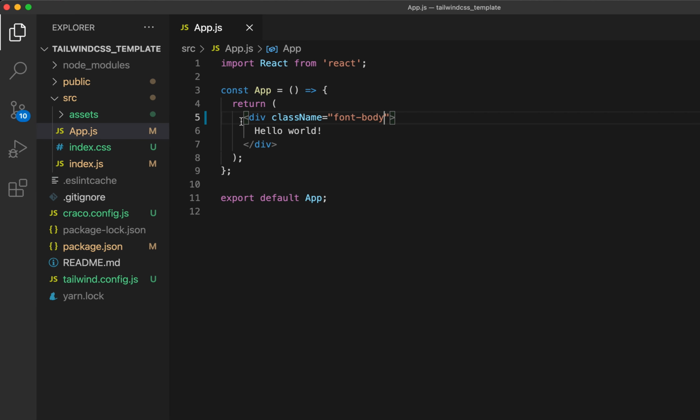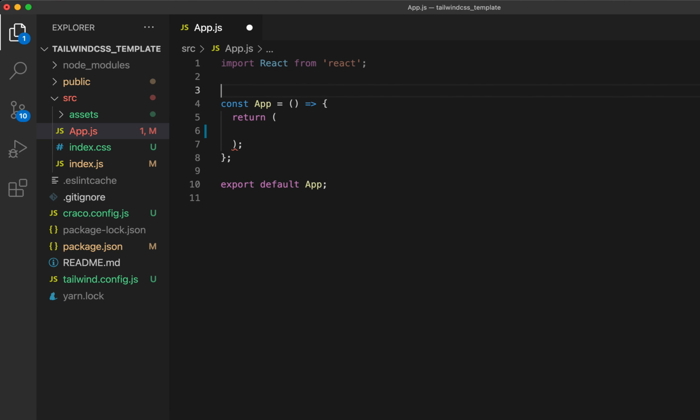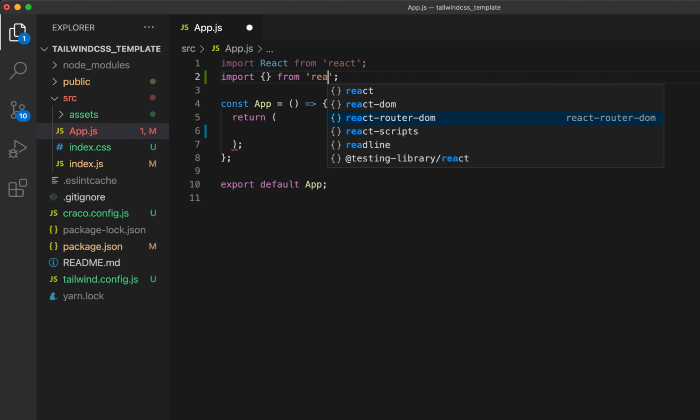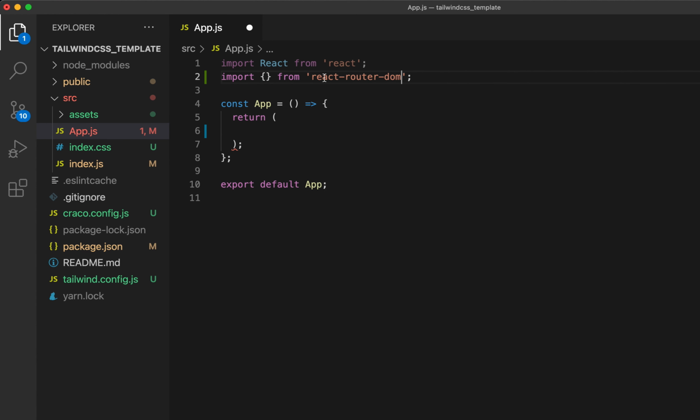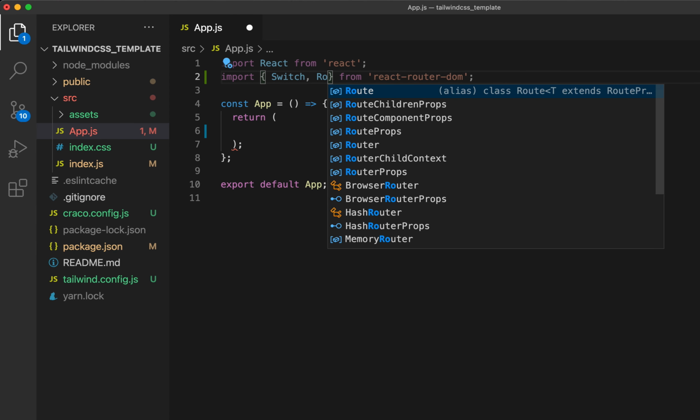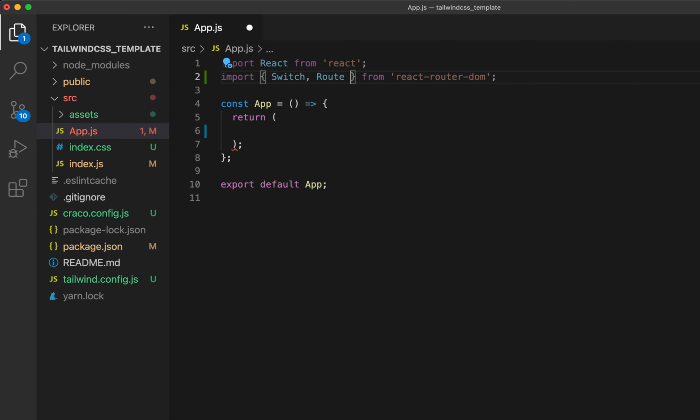And at the moment, what we're doing is we are just returning this simple div with hello world. I'm going to delete that, and I'm going to import 2 more things at the top of the file. Again, that's going to be from React Router DOM, and that's going to be this switch component and the route component. Once I've done that, what I can do is I can go ahead and use those components. So I'm going to have my switch component, and then within that I'm going to have each of my individual